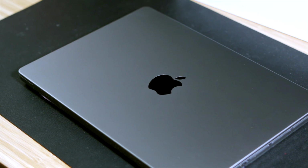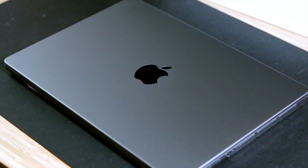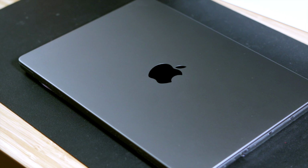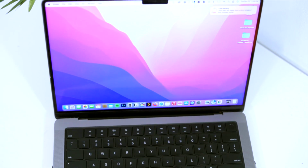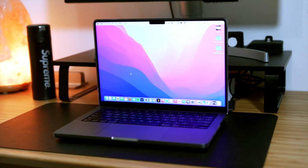If I'm being honest though, the 14-inch is no slouch, can do literally every single task that I could throw at it. And this is the base model. So for the extra money, really, for my use, the major difference would have been the display there, and it wasn't worth the extra $500. I can easily take that money and buy a 4K display like the one that I use that was less than $500. So what I recommend is, instead of going with the 16-inch version, maybe you want to go with the 14-inch,